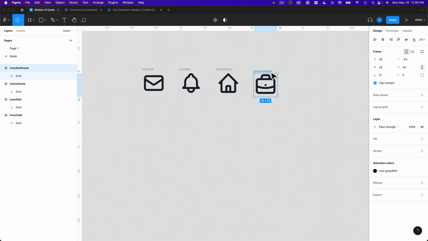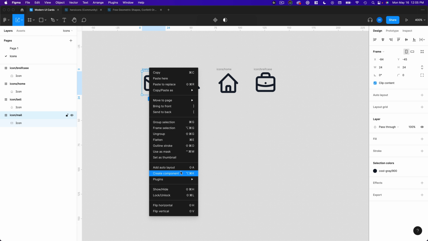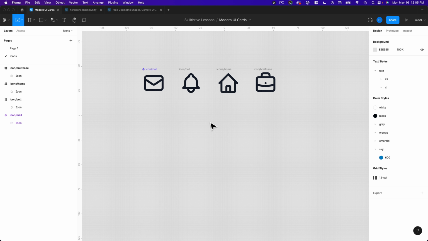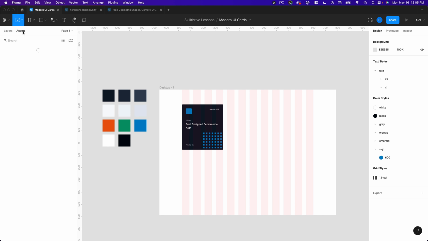All right, so now that I have these the way that I want them organized and named, I can actually go through and make these their own components. So let's go ahead and right click, or the shortcut is Shift-Command-K, and create that as a component. Now, if I wanted to use this somewhere, let's say on page 1, I can come into Assets, I can see my local components,